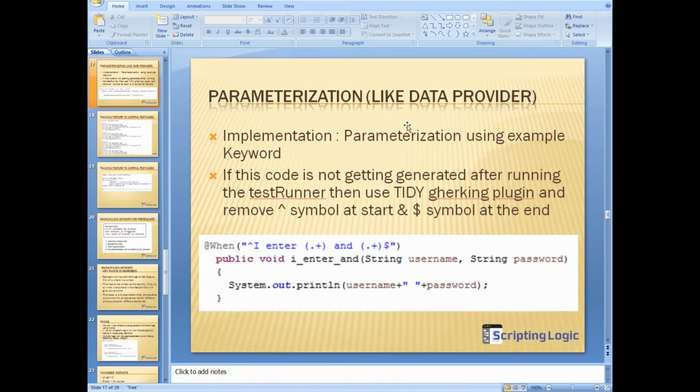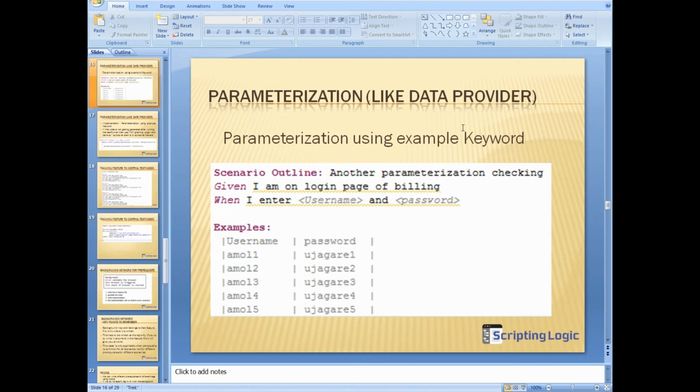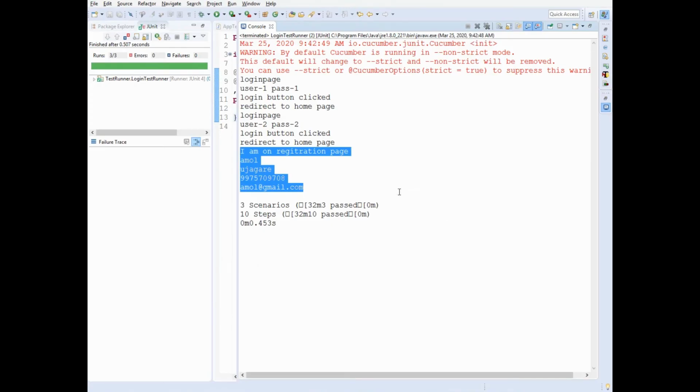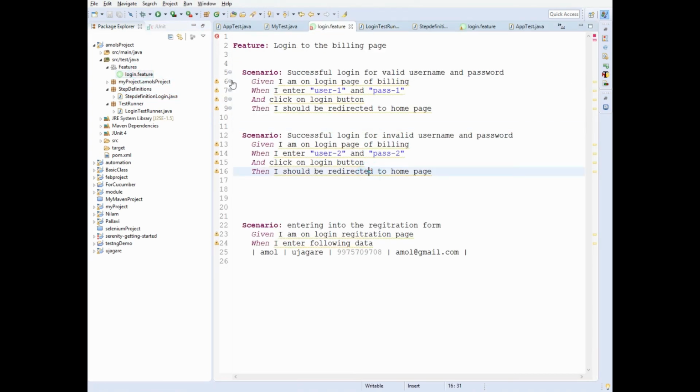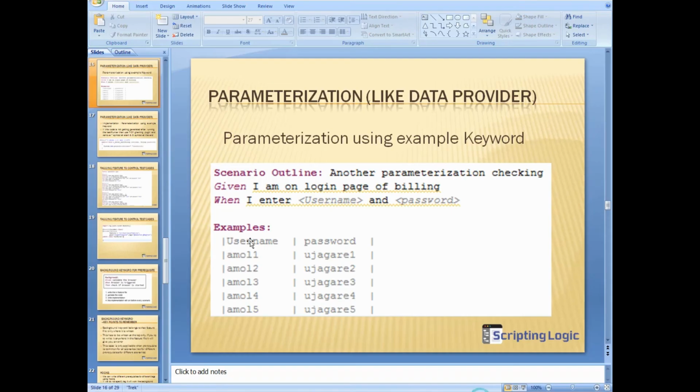So for that, you need to write or give your data in this format, just like an Excel sheet, right? So here you have to write scenario outline. We have written here scenario, right? So instead of scenario, you have to write scenario outline and then your steps.